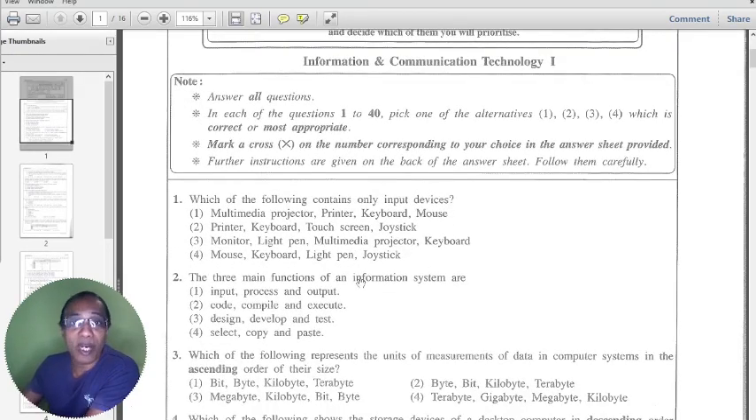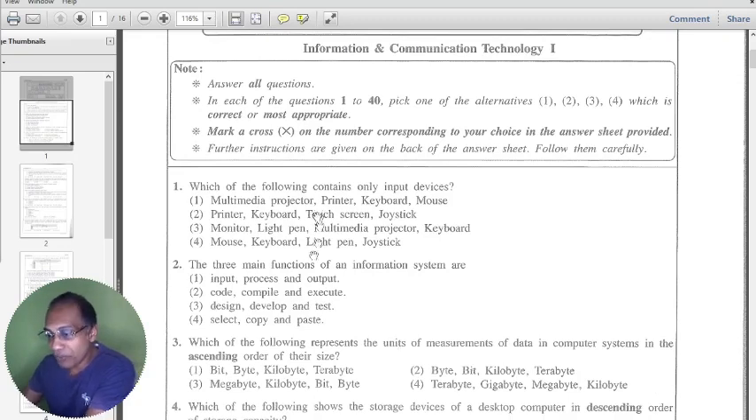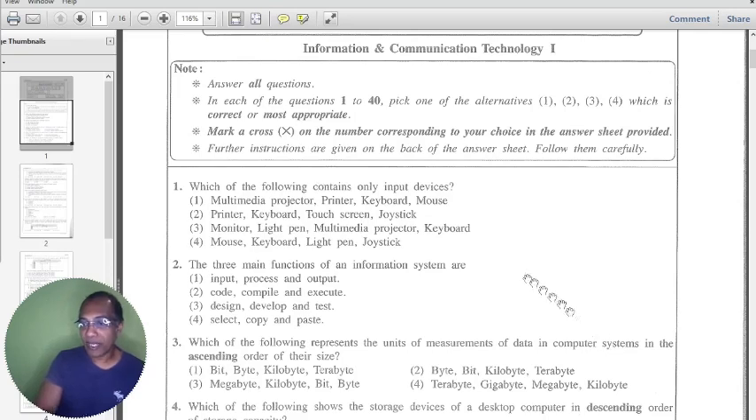In this, you have to answer all 40 questions. You have, as I said, 1.5 hours. So let's see the first question. Which of the following contains only input devices? Now, since you are familiar with input-output devices, the fastest way to look at how we